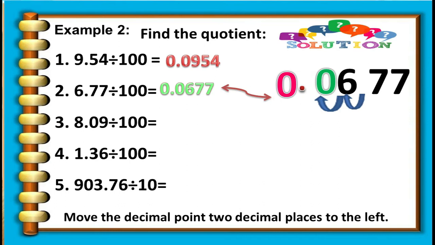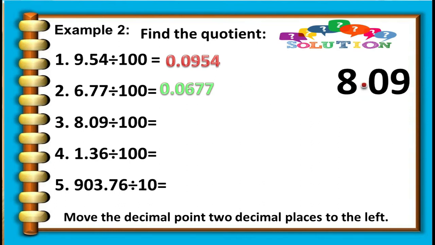For number 3, 8 and 9 hundredths. Divide by 100. Move the decimal point 2 places to the left, 1, right 0, 2. Here is the decimal point, right 0. The answer is